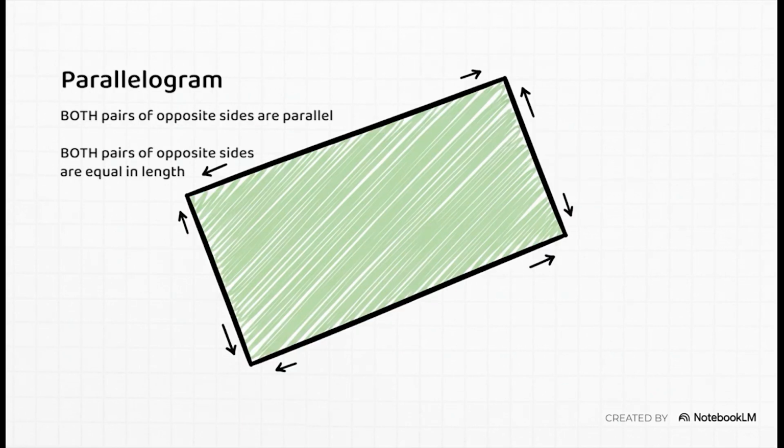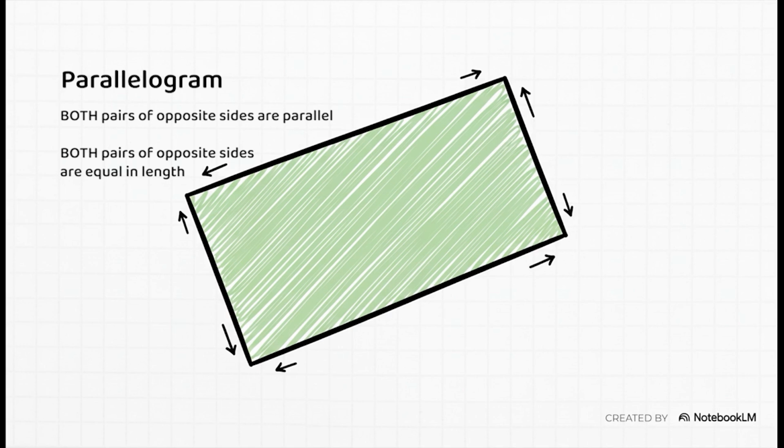This is what gives it that classic shape you might see in a handbag or some funky lampshades. Next on the list is the parallelogram. Now this shape is a little more, let's say, disciplined. With this one, both pairs of opposite sides are parallel and they're also equal in length. This strict structure is what makes it so useful in things like engineering and mechanical parts that need to move